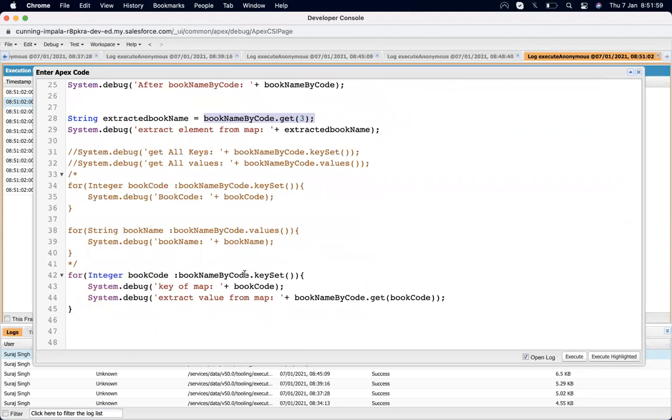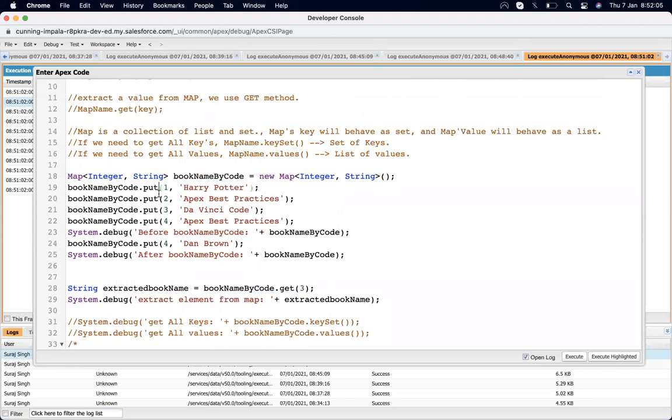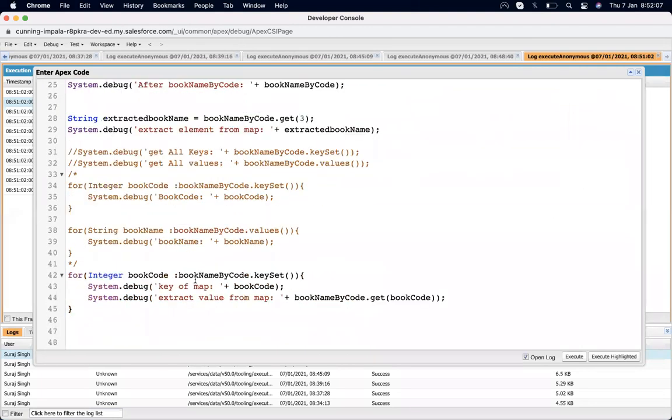So we will just use the key set. It will provide all the keys related to the map, and then on the basis of the keys, we get all the values related to those keys.